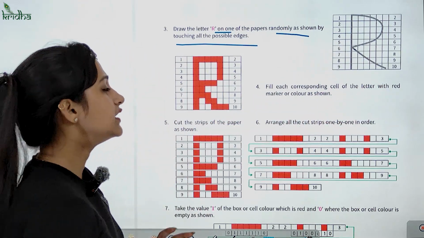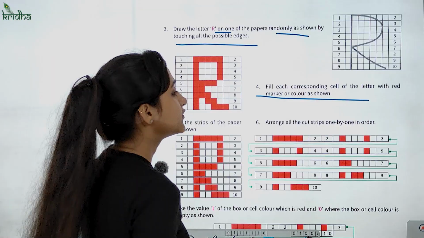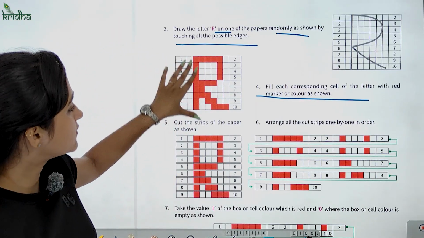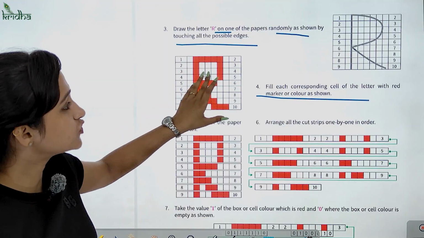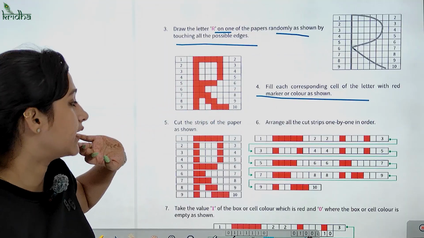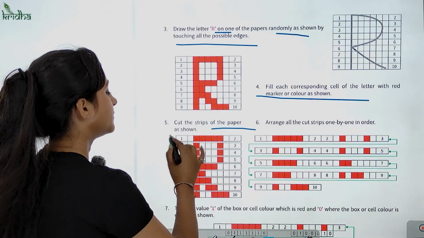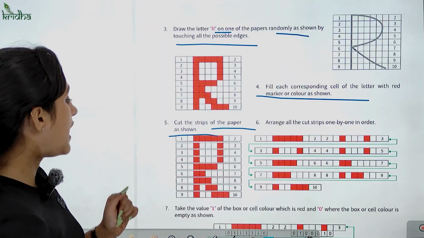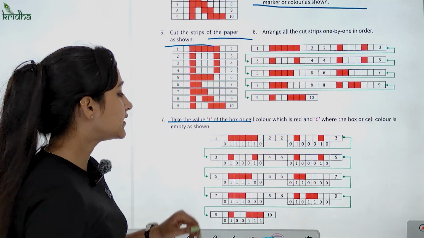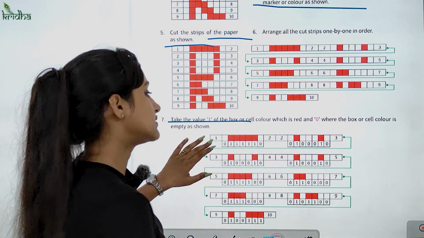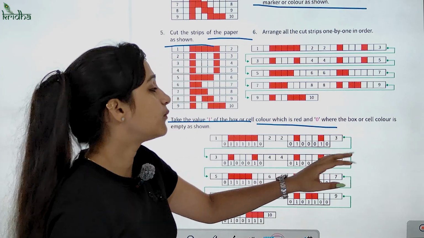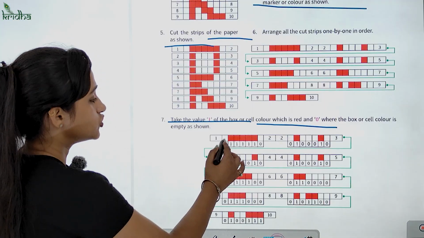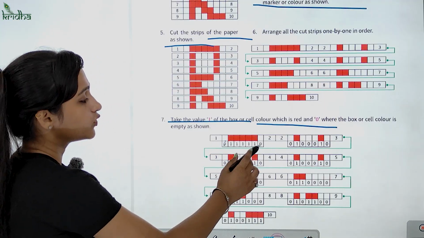Then fill each corresponding cell of the letter with red color as shown below. और कलर एज शोन ऐसे बिल्कुल आपको कलर कर देना. जो जहाँ तक वो जिन बॉक्सेस को टच कर रहा है उनको आपको कलर करना है. Cut the strips of paper as shown. जो पेपर की स्ट्रिप्स है उनको आपको ऐसे कट करना है. ठीक है. After that take the value 1 from the box and cell color which is red, and 0 where the box is empty. जो बॉक्स कलर है वहां पे 0 ले लिया, 1 लेंगे जो रेड है, सो जो व्हाइट है वो 0 रहा, जो रेड है हमारे 1 1 हो गए।